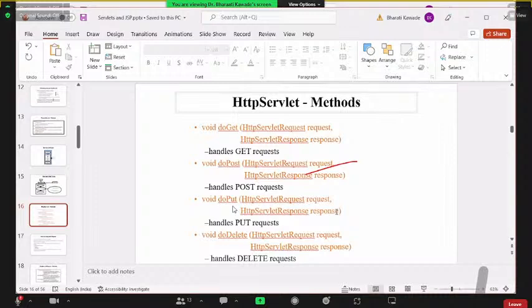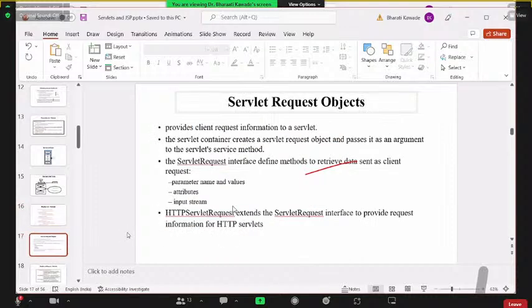Now we are going to discuss what object we are using in terms of the request, which is coming from the client. The request is the servlet request object, which provides the client request information to the servlet, what exactly the client is requesting. Then the servlet container is going to create the servlet request object, and then it will pass that as an argument to the servlet service method, and then